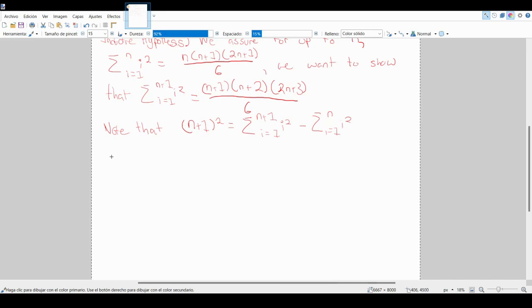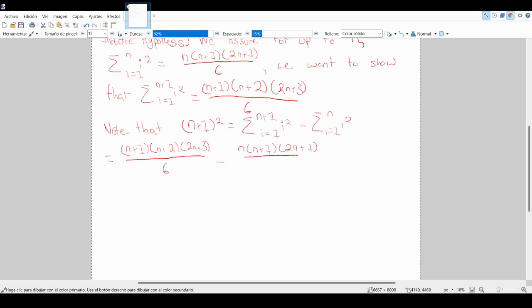So we are going to write out these two sums as n plus 1 times n plus 2 times 2n plus 3 divided by 6 minus